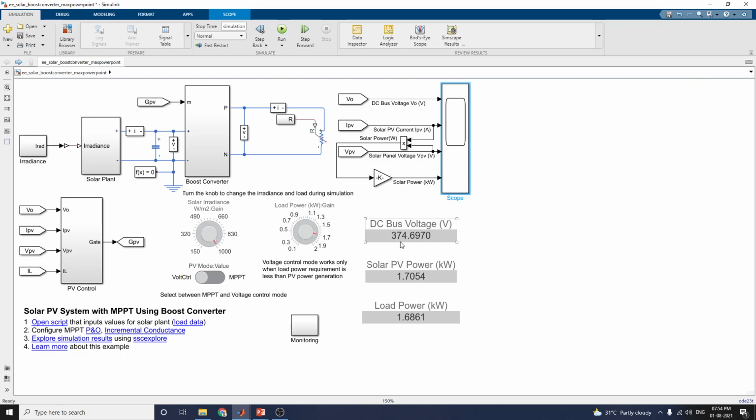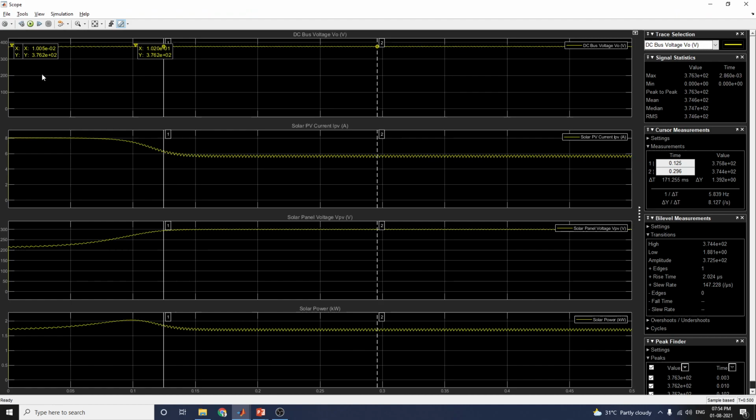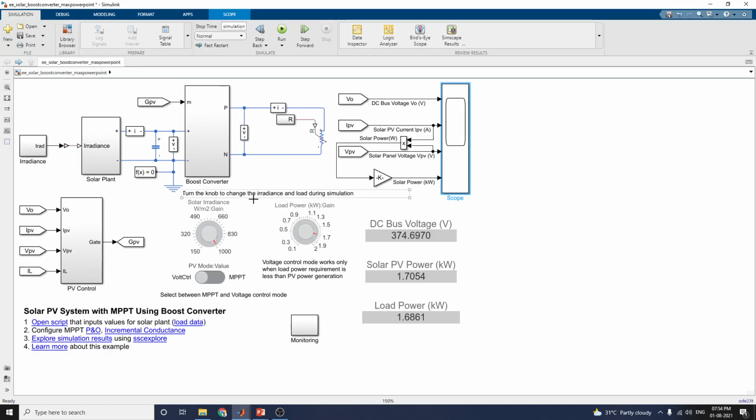Here it is already given. Based on that, you can analyze by using this marker, this interactive scope analysis. You can see the DC bus voltage and solar PV current. All things are possible with the required experiment.